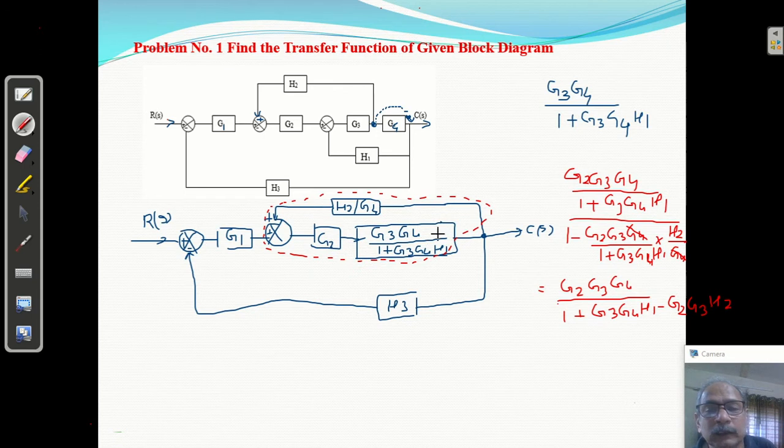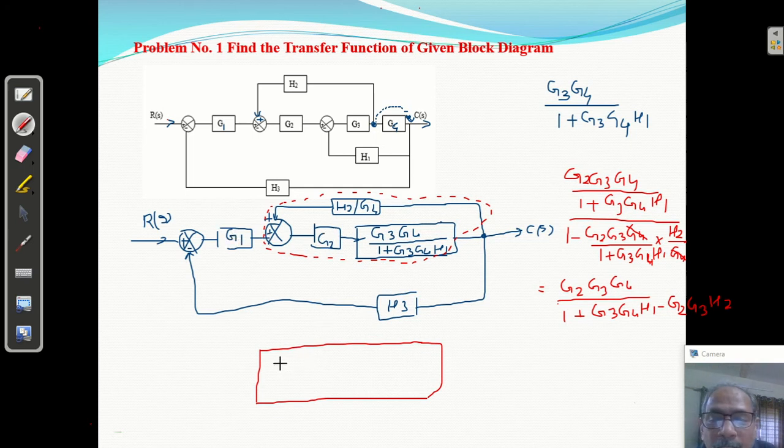So in place of that, here we will replace this feedback loop by this. So another diagram I'm going to draw. Then this one and G1, it is forming a cascade. So I'm going to make a block of this. What is this? G1 and this will be in cascade. So combinedly what will come? G1,